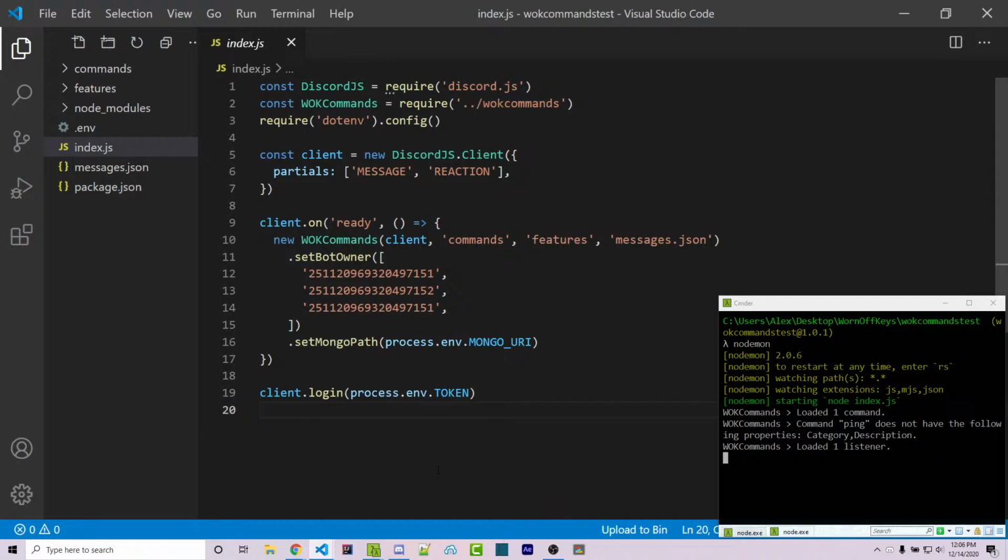When you didn't put anything in the command, it didn't show on the help embed. What do you mean I didn't put anything in the command? Like this, just an empty command file, or